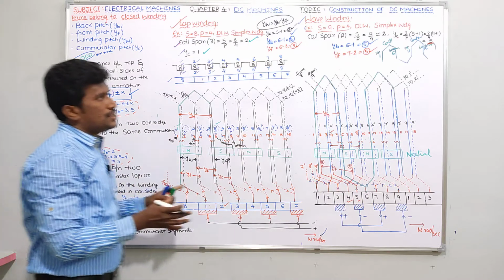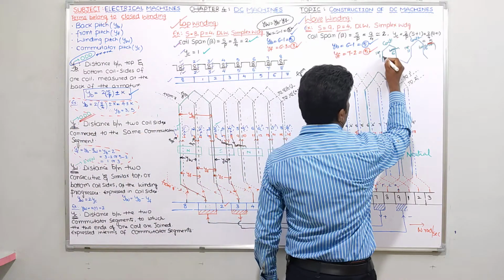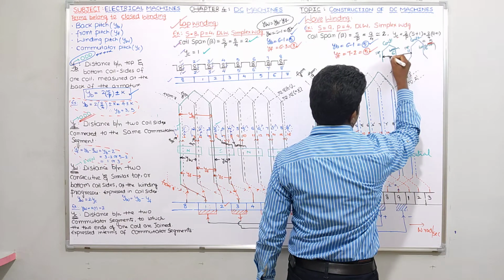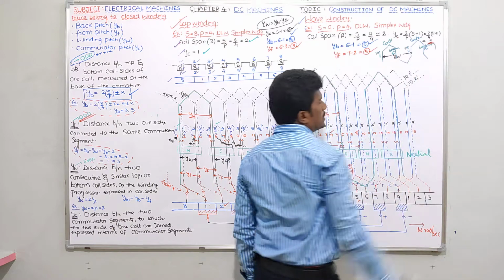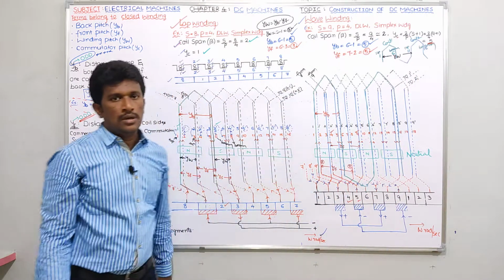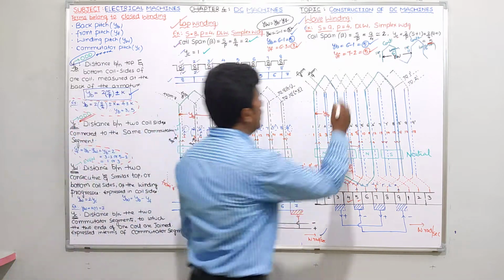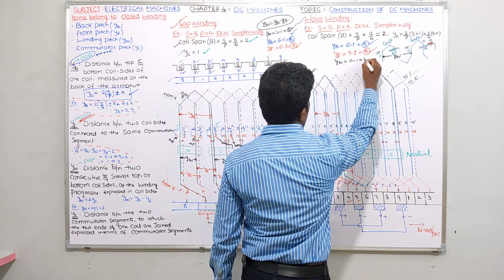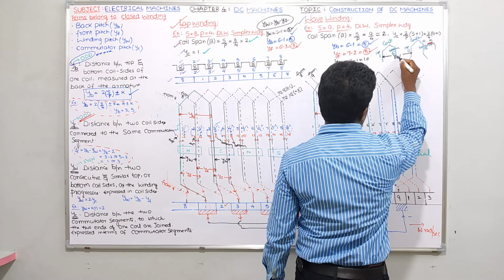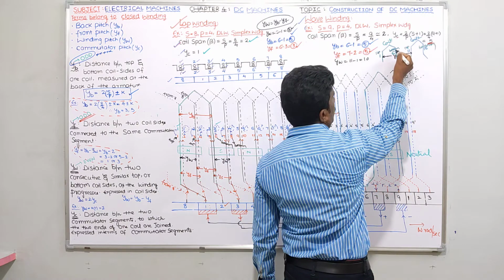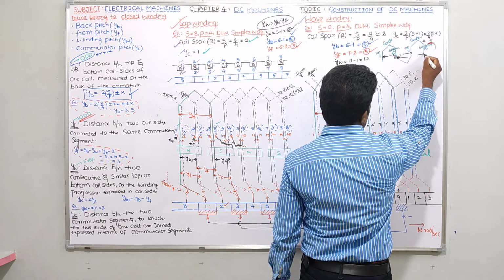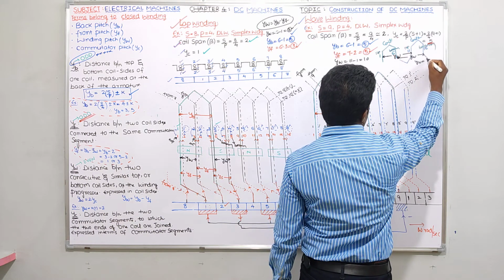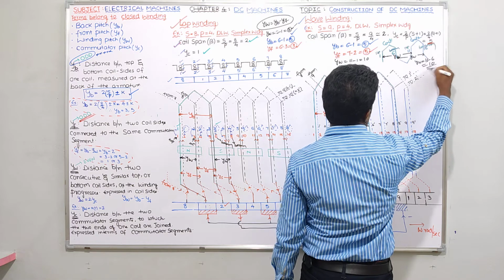Very simple. Just take in coil number 1 the top conductor, this one, and coil number 2 top, this one. From here to here, this distance is what I call YW. How much? 11 minus 1, you will get 10. I'll write here: winding pitch is equal to 11 minus 1, you will get 10. Or if you want, you can take the bottom conductors also, guys. If you take coil 1 bottom conductor, it should be the bottom conductor of coil 2 only. Once again YW is equal to 16 minus 6, you will get once again 10 only. Nothing wrong.